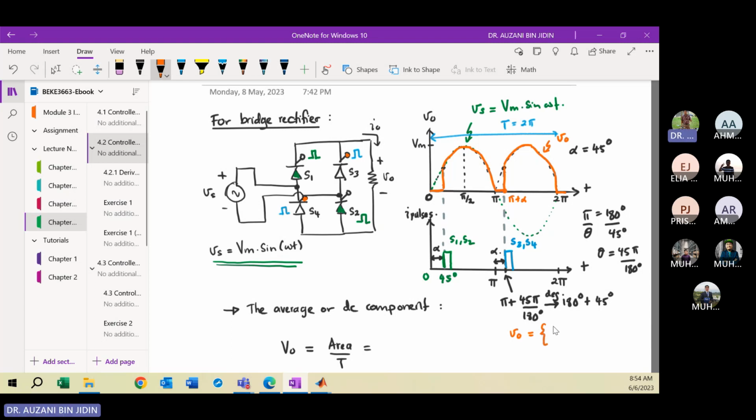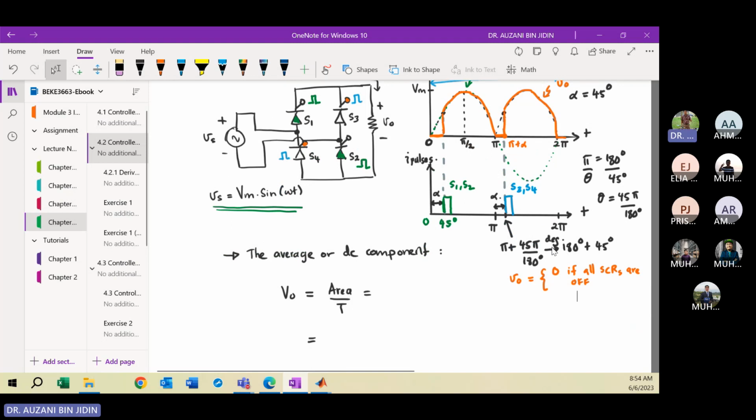So the VO will be 0 voltage if all SCRs are off, right? All SCRs are off, so they block the current, no current flows to the load. So then your output voltage will be 0. But your SCR will be what? Vs. Actually, you can have 3 different values. First is Vs